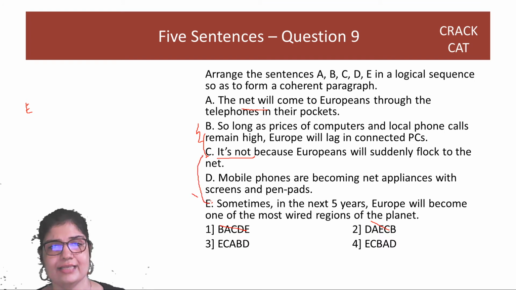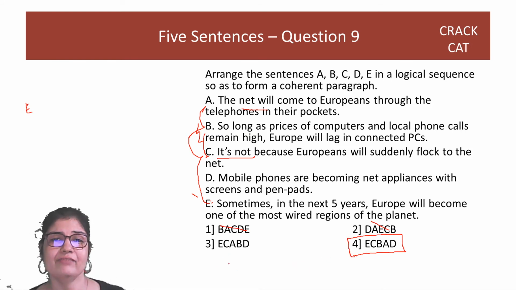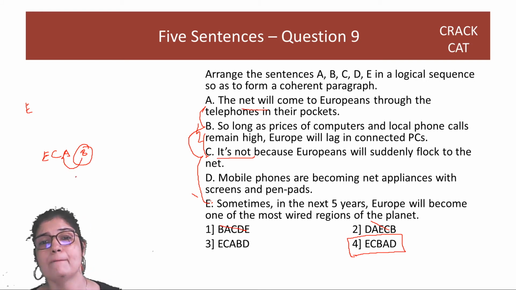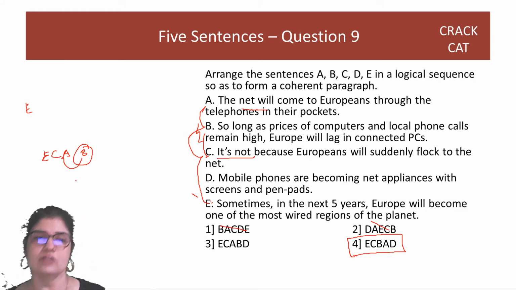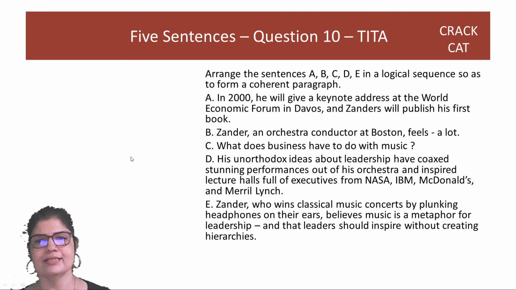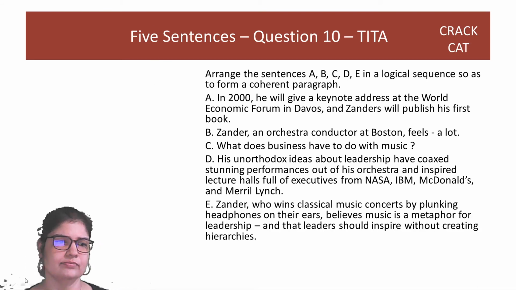Then you're saying C, and C's explanation is B, and then A, and finally D. You're looking at the 4th option. So this is slightly tricky because it's very convenient for us to say that CA is a link. But if CA is a link, where will B go? That is a question. B can only come after C because B explains C. Okay. So between 3rd and 4th, the right answer is the 4th option. This is not difficult at all.